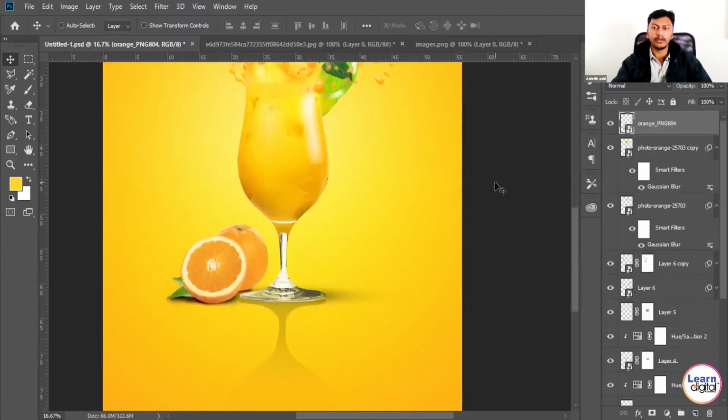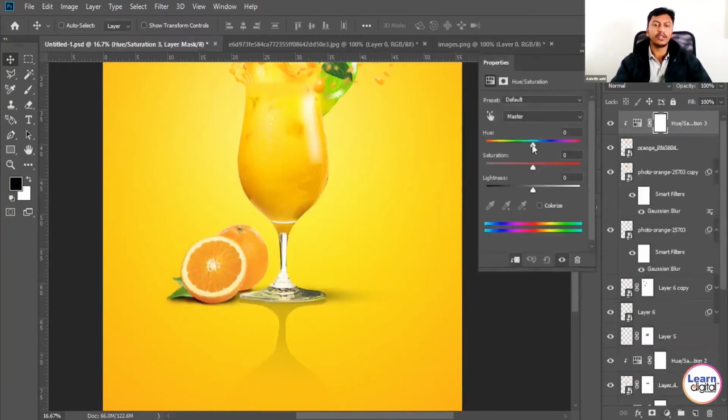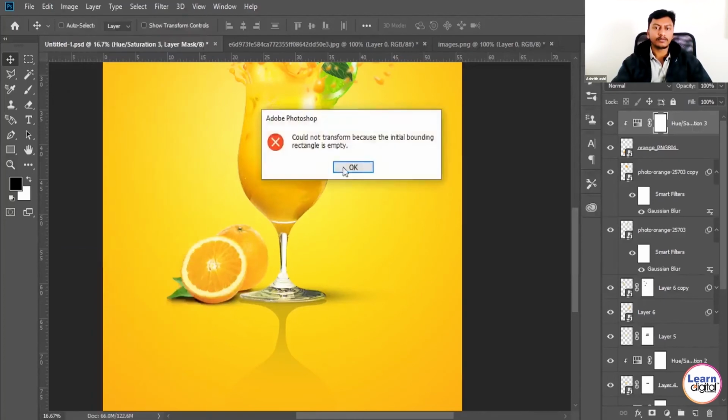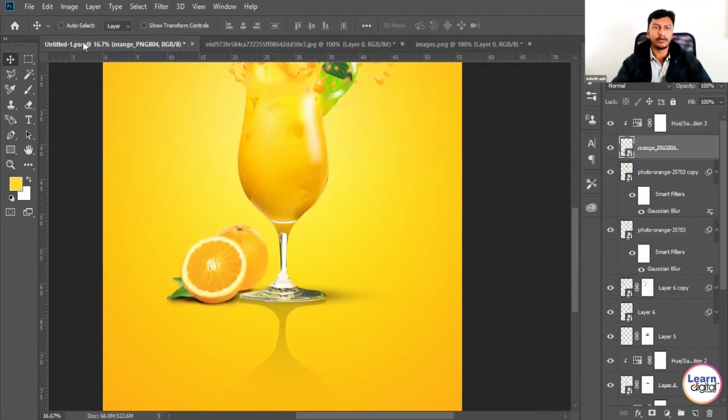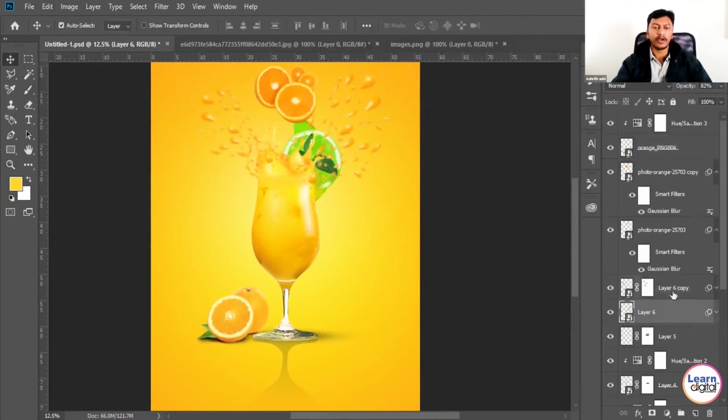So a lot more things you need to concentrate on. You should not leave things empty. So now to change that, I'm using again a hue saturation adjustment layer. So you can do small color changes for your object. Then again select the layer and go for transformation. If you want to make it bigger, you can make it. If you want to make it smaller, you can make it. So with the help of transformation, because we have all the options to transform, duplicate, color changes and all.